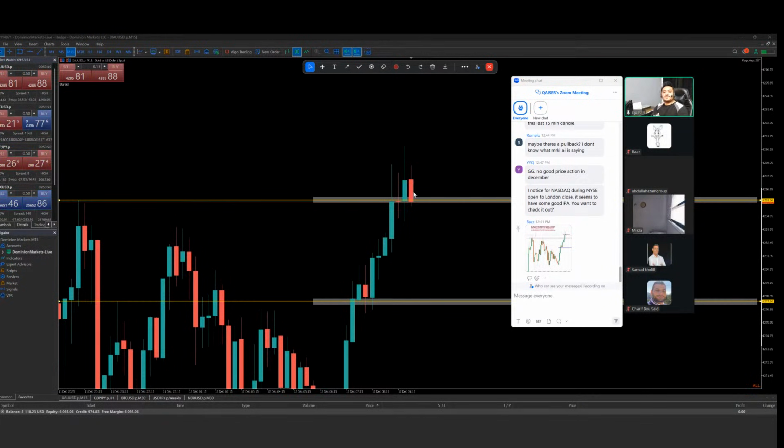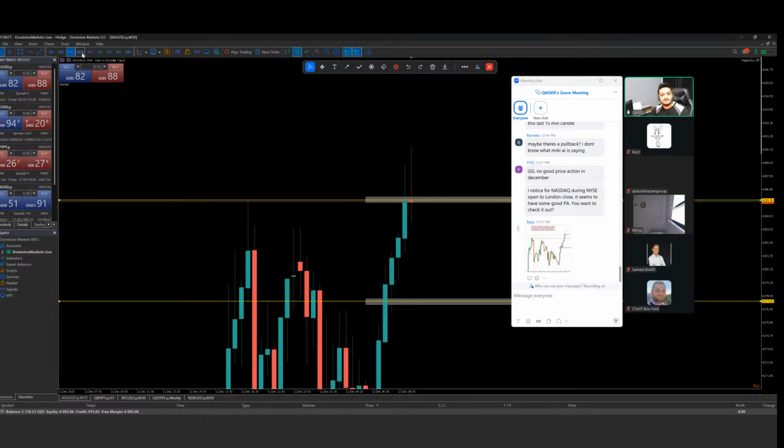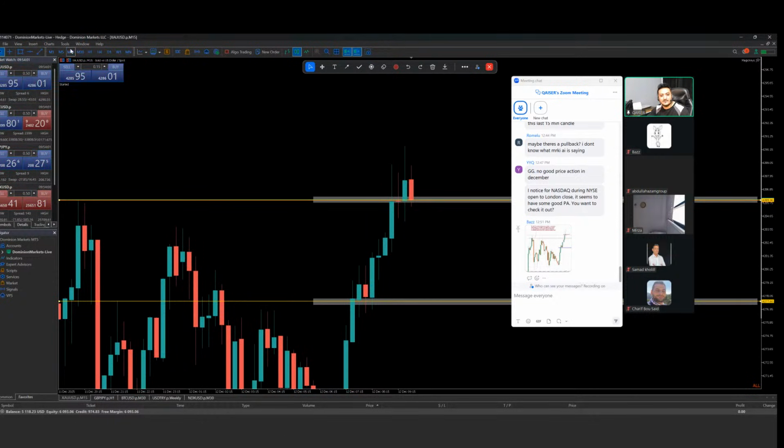So now there are 7 minutes left for the candle to be closed. Let me see the 15 and 30 minute time frames. The 30 minute is flipping bearish, and the 15 is still open. There are 6 minutes left for this candle to be closed, and we're going to be entering the opening of the London session as well.